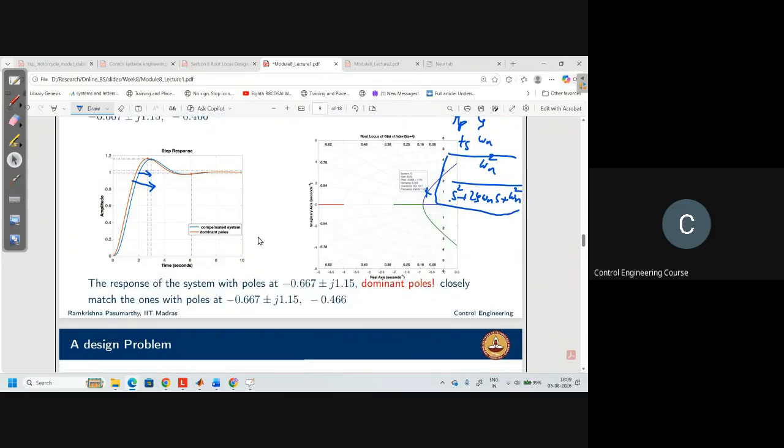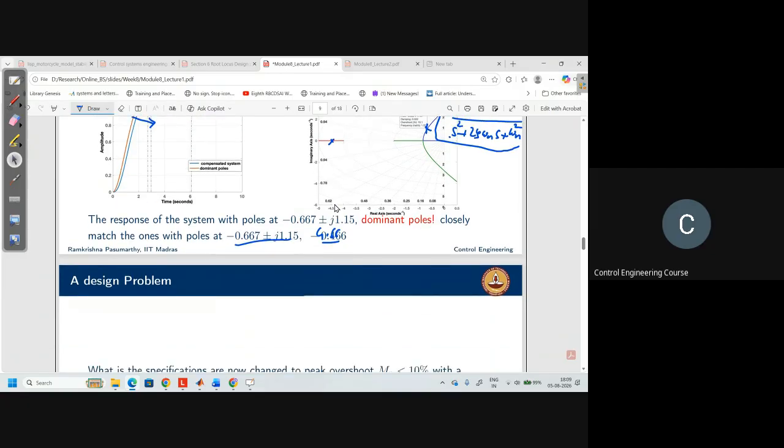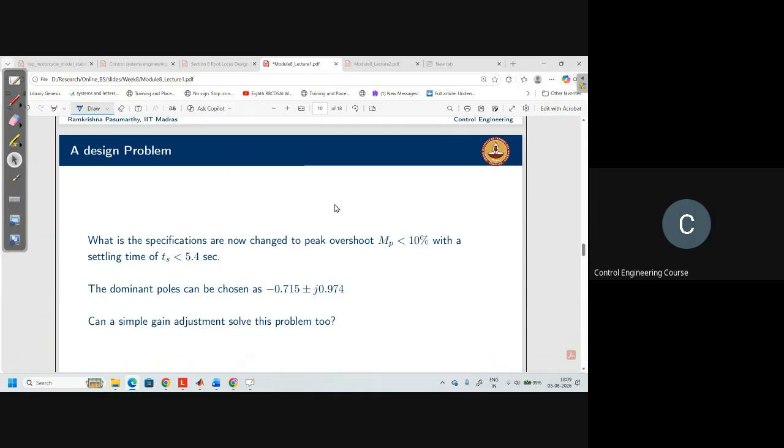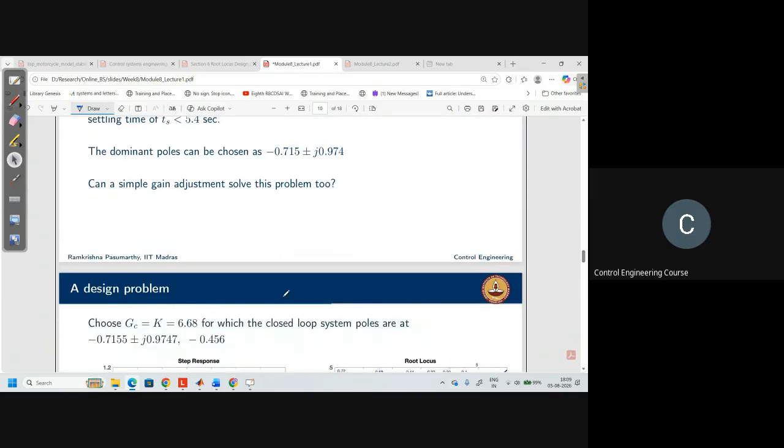So these are the pole locations. This is another pole. This is not 4.66, so here somewhere. For the same K, one more pole will be here. So this is how you design a system using proportional control. If the desired design characteristics simply satisfy a point that lies on the root locus, you can design the system using proportional control, just by taking the K value.